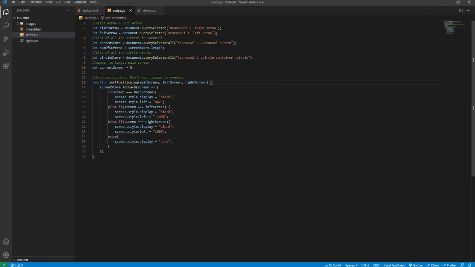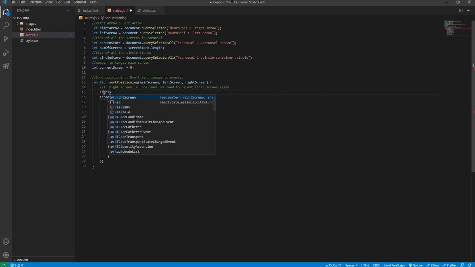Now the problem with this function is there is a possibility that one of these arguments will be undefined. The reason being is because what happens if the main screen is the leftmost screen? Well, how are you gonna do it so when they click on the left and there's no more images on the left? Well, we need to animate to the far right image. So the way that we do that is we will write a comment so we remember what we're doing. We'll say if right screen is undefined, we need to repeat first screen again, and we'll say if right screen